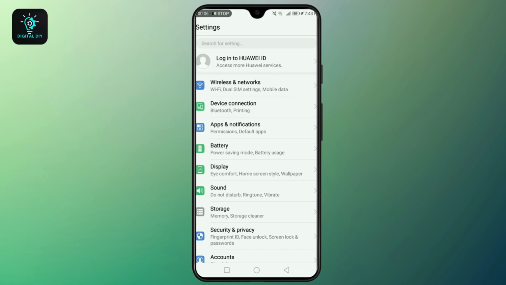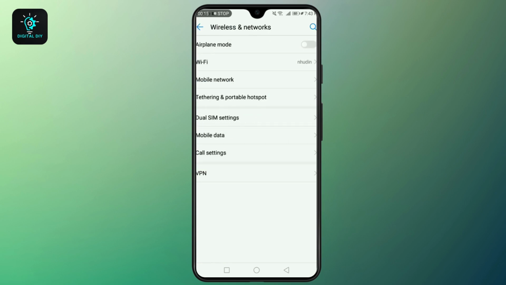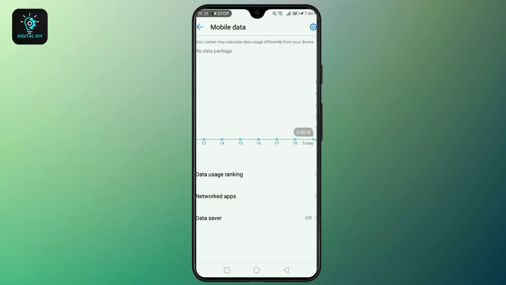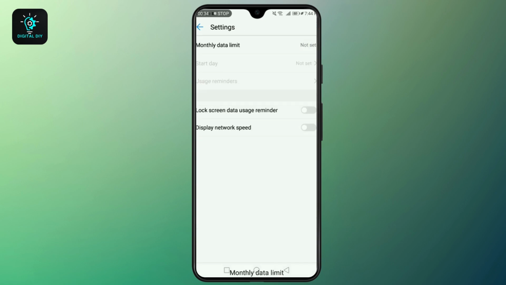Once you're in your settings, scroll down and tap on wireless and networks or network and internet. Now look for data usage, mobile data, data warning and limit. This is where you can manage all things data related. Tap on the gear or cogwheel icon, or you can find an option to set a data warning or data